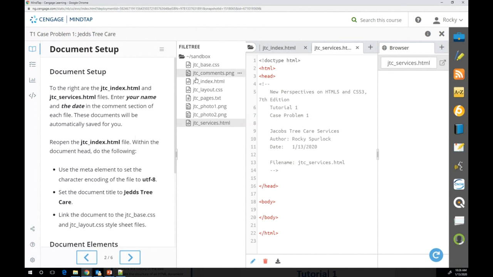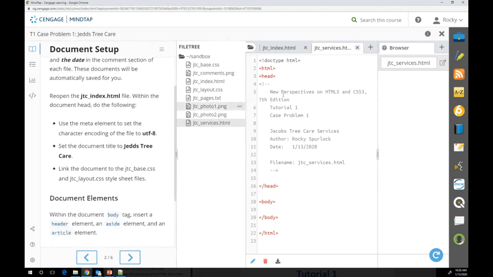All right, so you see here that these documents are automatically saved for me, so I don't have to save these. In the real world, make sure you save everything. So I'm going to close the services. Now it says in the head section,